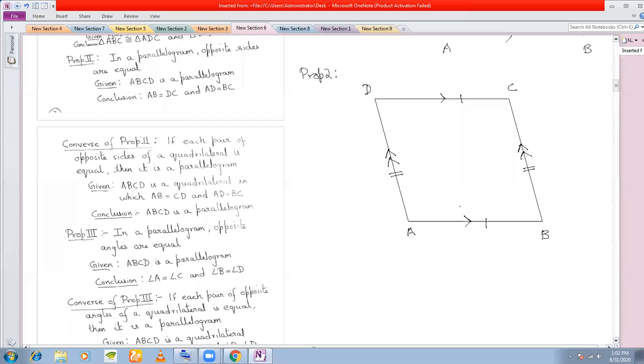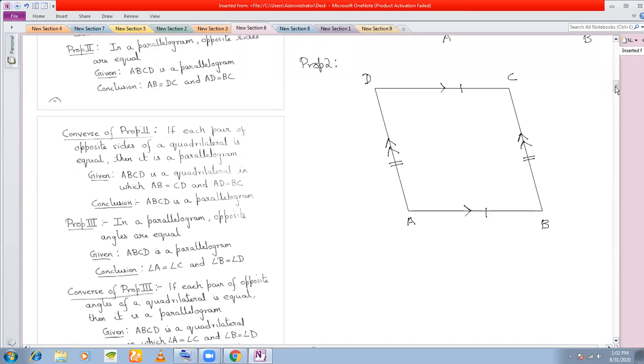Clear? So try to be very clear. I give you a parallelogram. So what do you know? If I give you a parallelogram, you know that the opposite sides are parallel, definitely, from the definition, because that is the basic definition of a parallelogram. But if you're using this property, then you also know that the opposite sides of a parallelogram are equal. Okay.